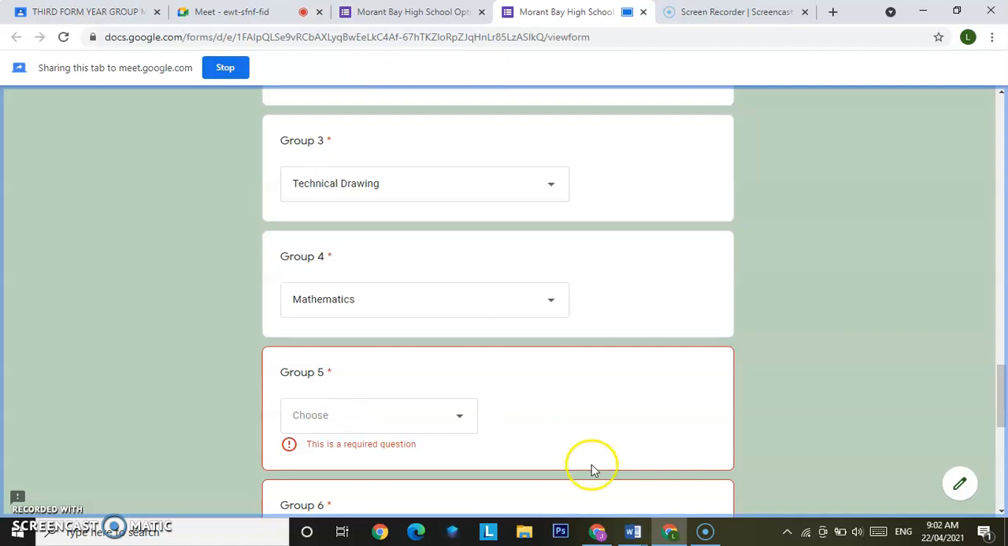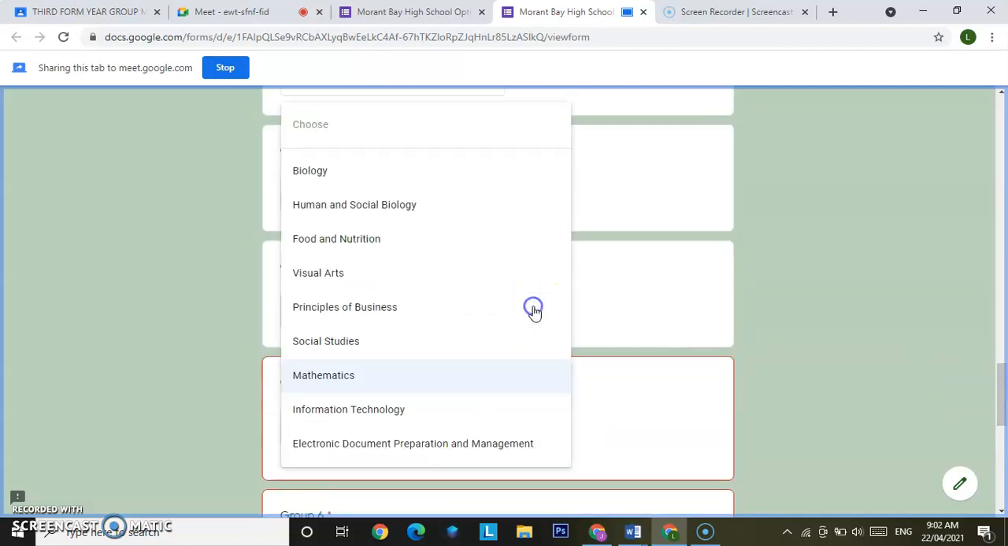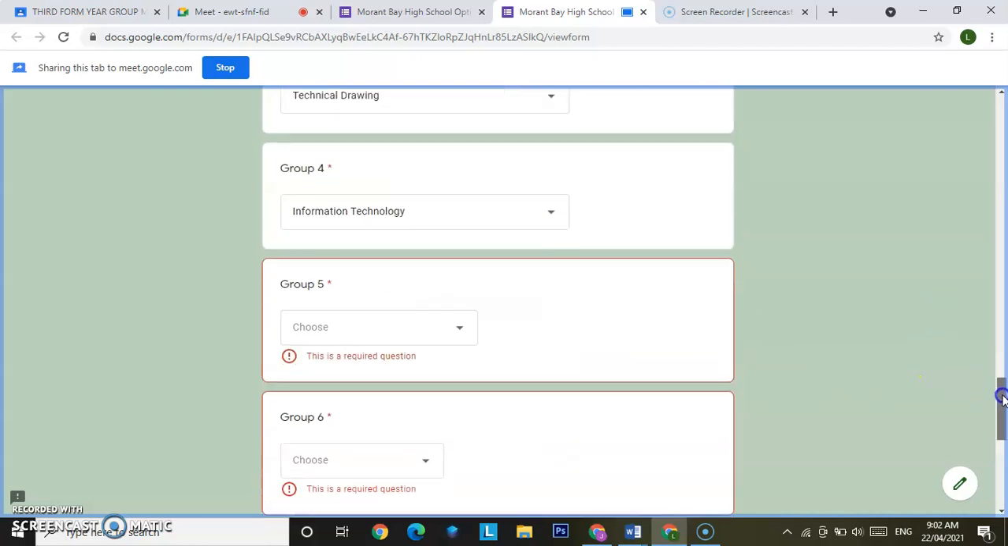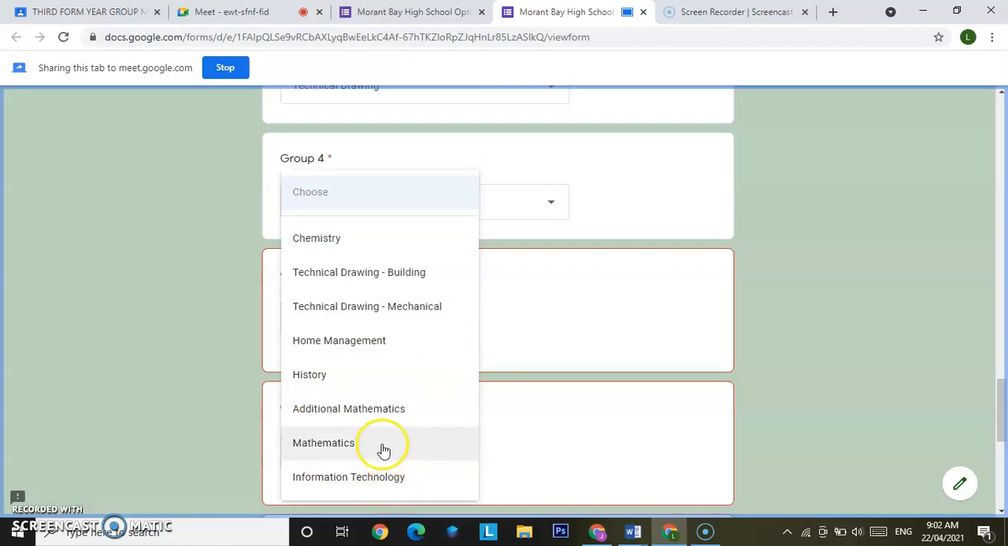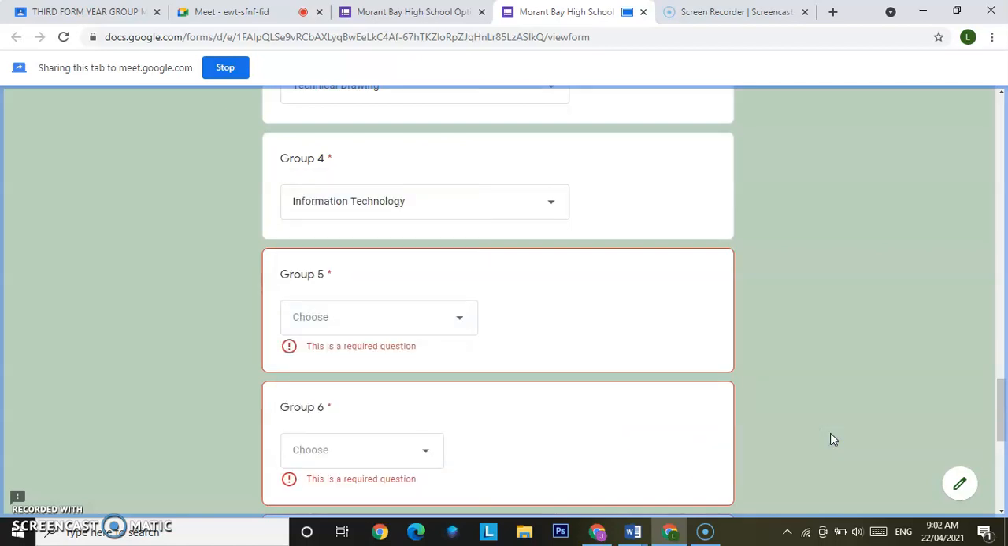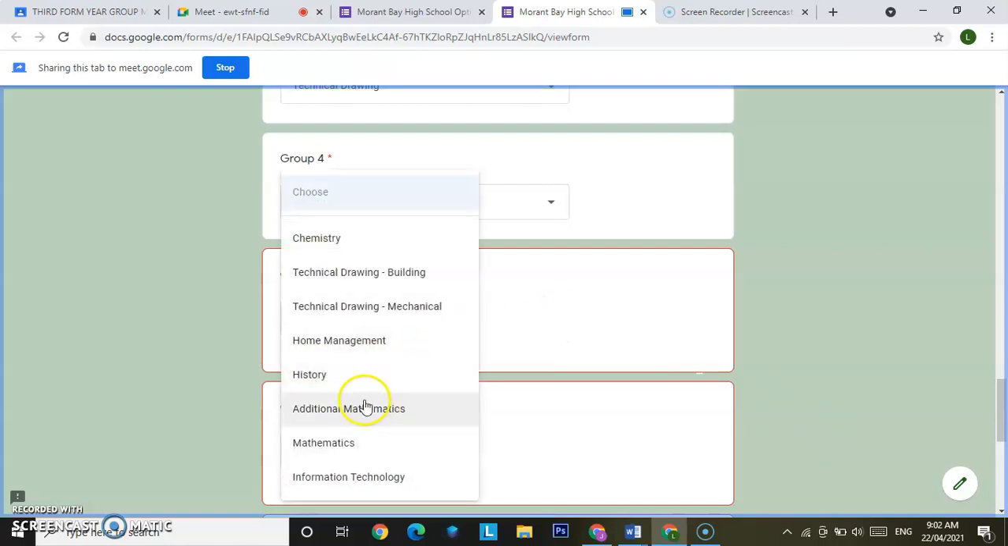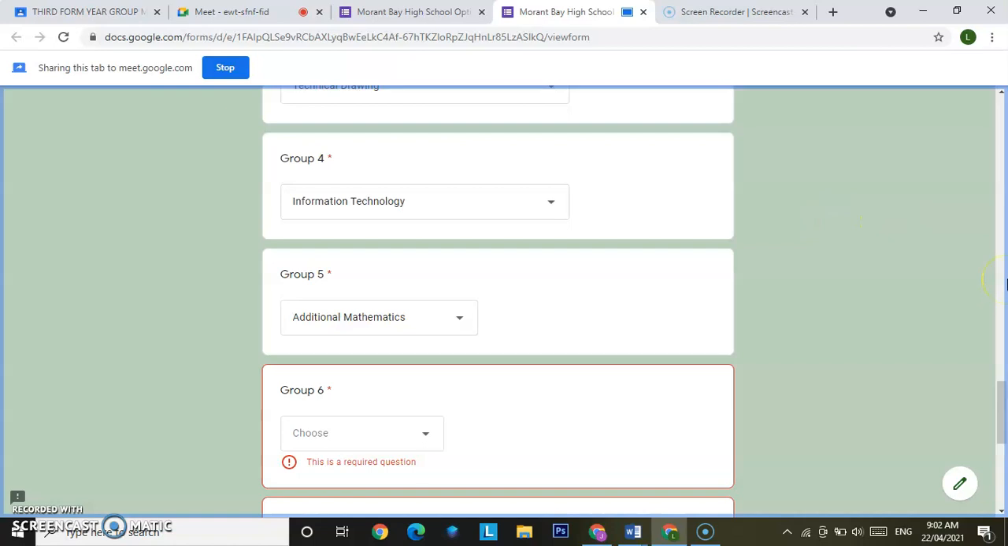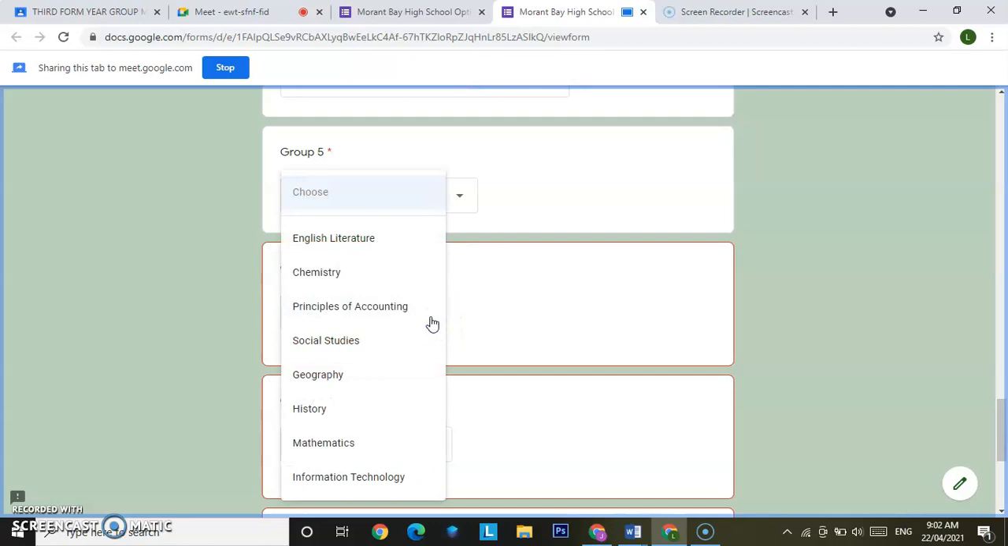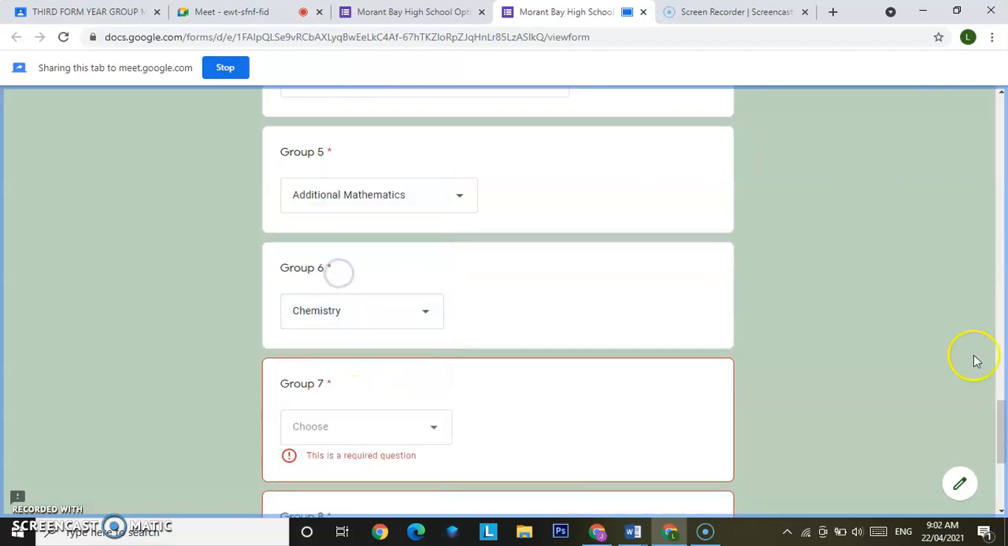So I select mathematics in group 4. Or no, let's not select mathematics in group 4. Let's select information technology in group 4. Then I also want to do additional mathematics, right? So in group 5, as the instruction said, I want to do additional mathematics. So I select AddMath right here. If I'm selected as a part of the AddMath group, then I'm going to do AddMath in group 5. If I'm not selected as a part of the AddMath group, then regular mathematics will be done in group 5. Then I complete the rest of my subject selection with the other subjects I want to do. So I select chemistry there,